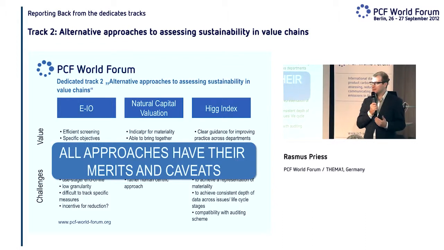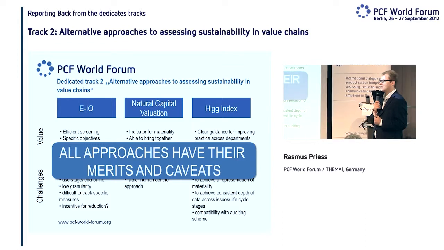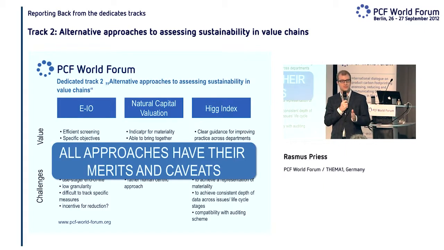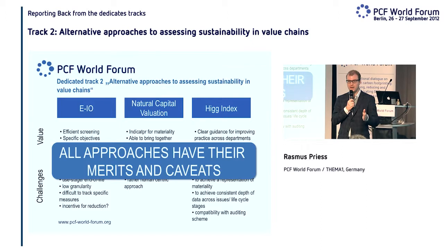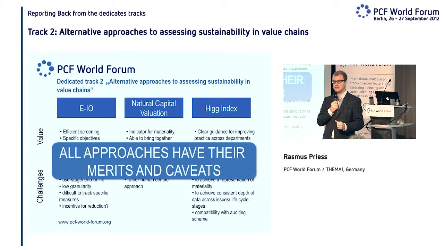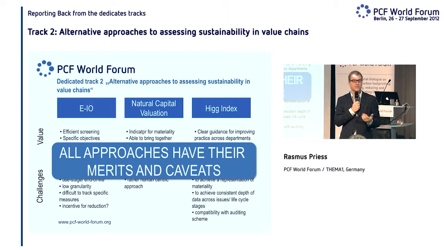And I think this is quite interesting to take into account when moving forward, to really say, well, where may these approaches really add value, not as an alternative. That's why now I would change the session title: it's not alternative approaches to assessing sustainability, but it's really thinking about at what point in the decision management process it makes sense to apply these as a more efficient manner to achieve certain objectives. And I think that's quite important for our discussion.